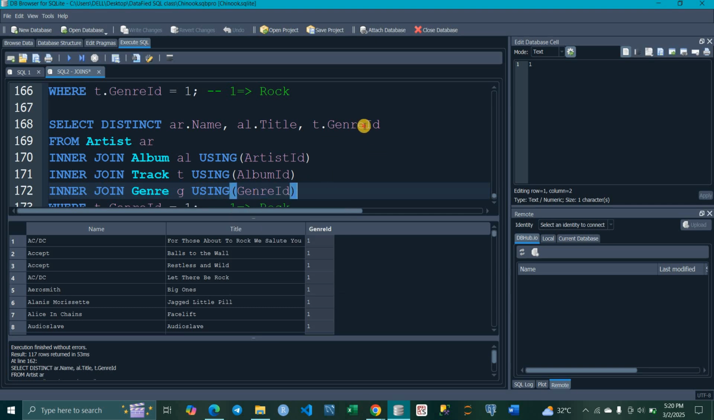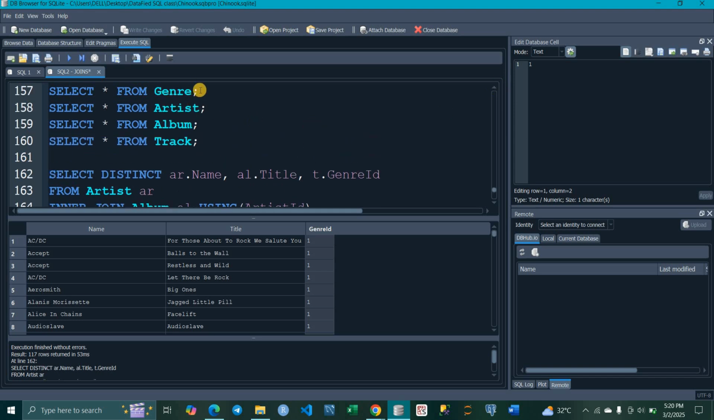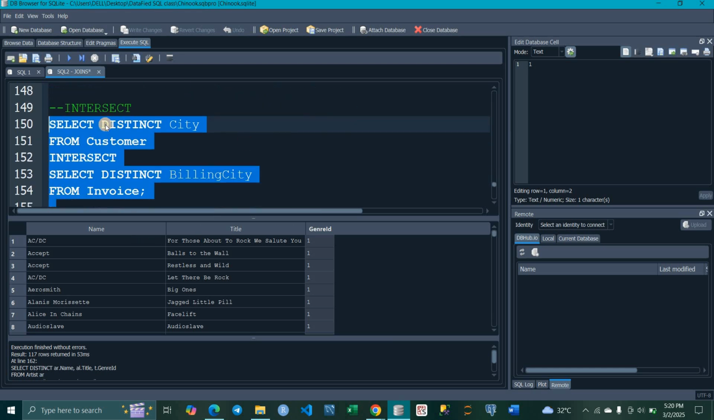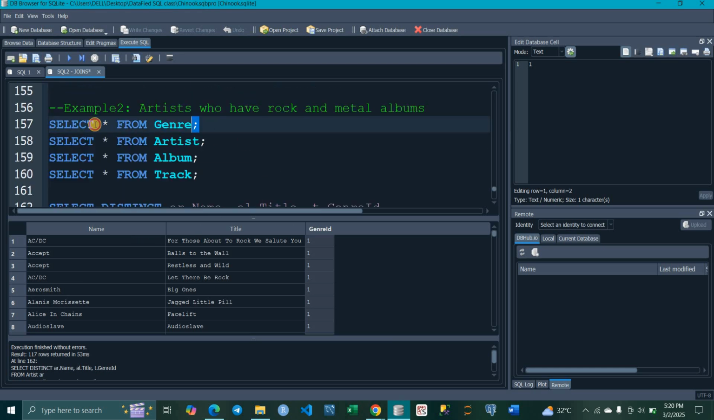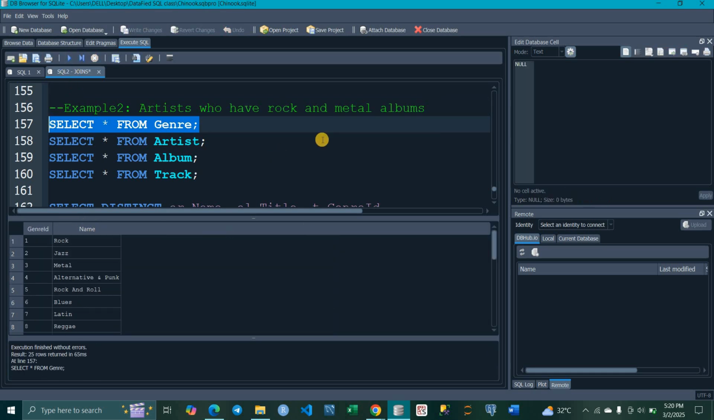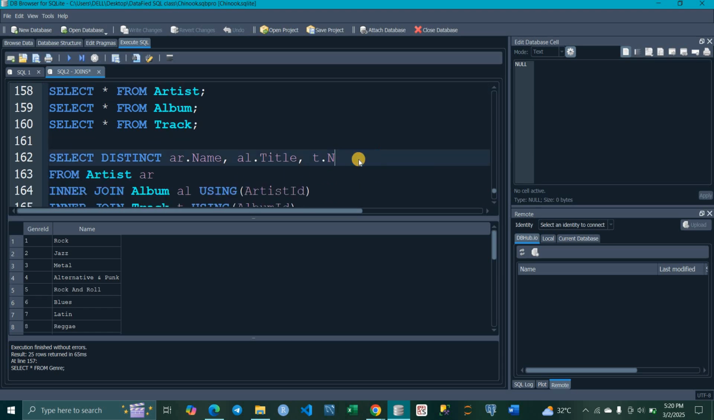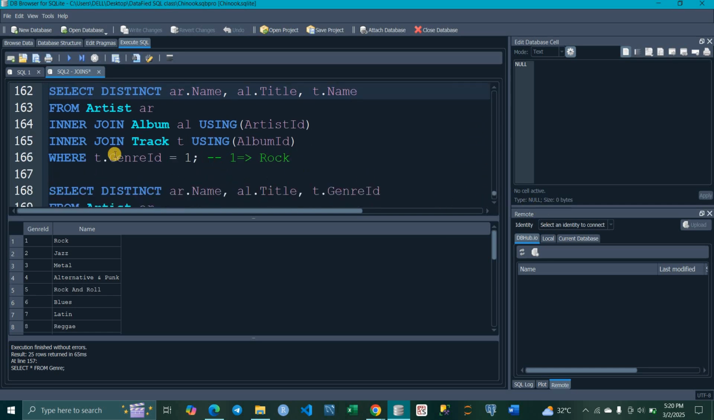Okay, so instead of t.genre ID now, I can bring the name of the genre. Let me see if I run this in isolation. Let me see the column. Okay, genre alone. Okay, name. All right, so I can say t.name, and I can use